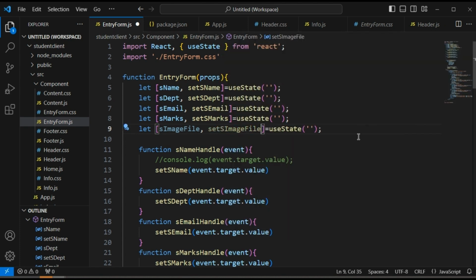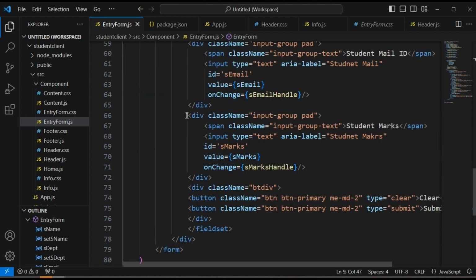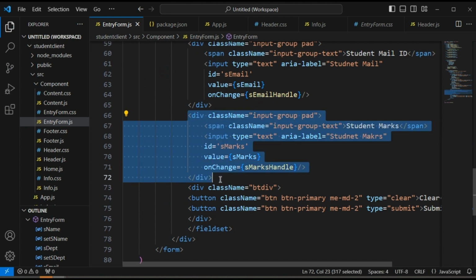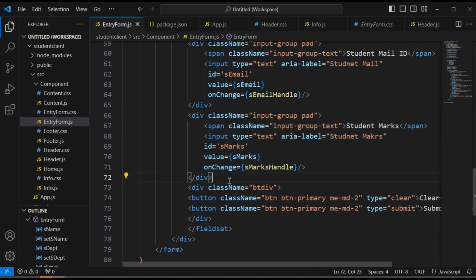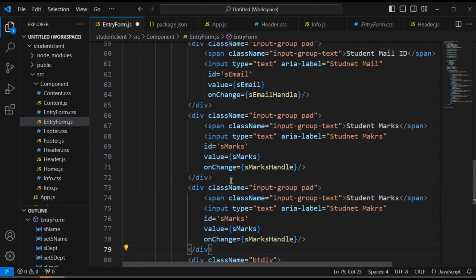Okay, here we are going to have an array because we may have many files to upload, but here we are uploading only one file, that means one photo for the student. Then we have to create an input element for getting the file. For that I am going to paste here. I am going to change it as